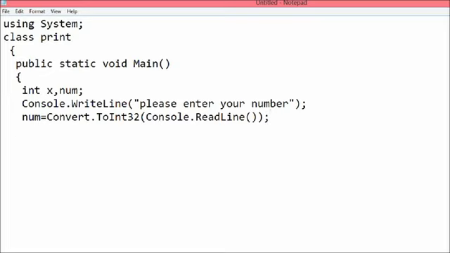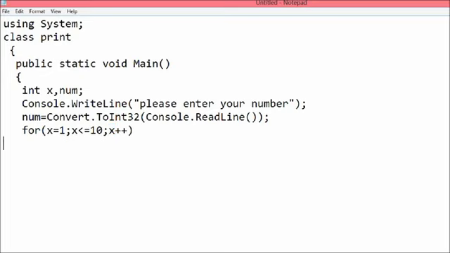Now we are going to start our loop. Here I am using a for loop, so we write for, and here the integer name, x, is equal to 1, as we have to start our loop from 1 and end it at 10. So for that we write x less than or equal to 10. We have to increment it by using the increment operator, so we write x++, which means increment the number present in the loop. The number present in the loop is 1.